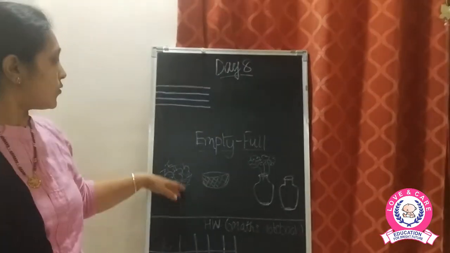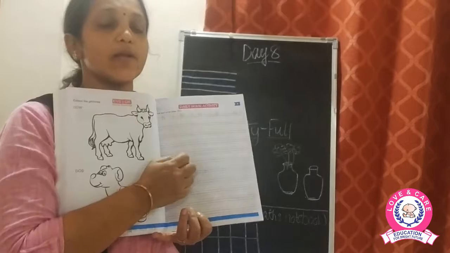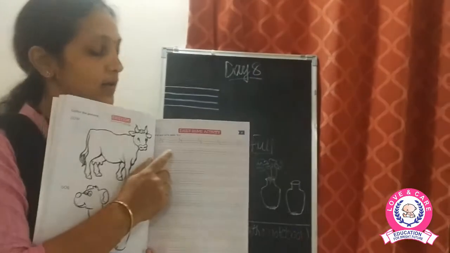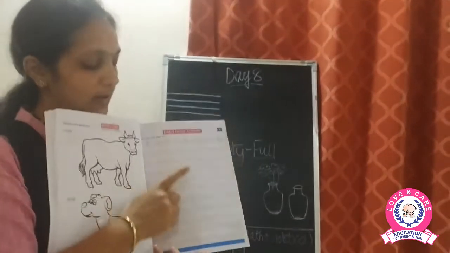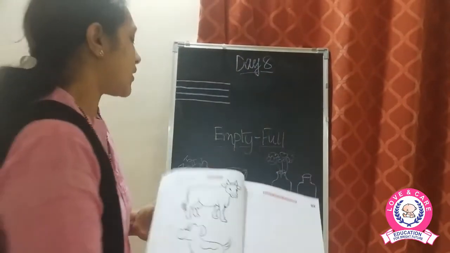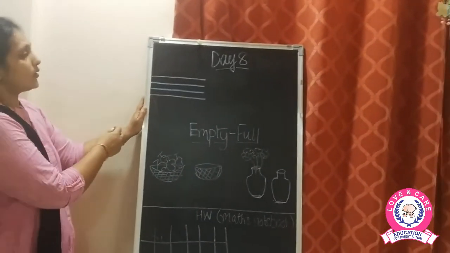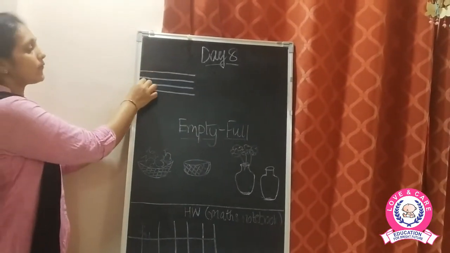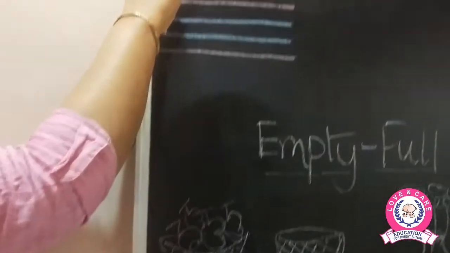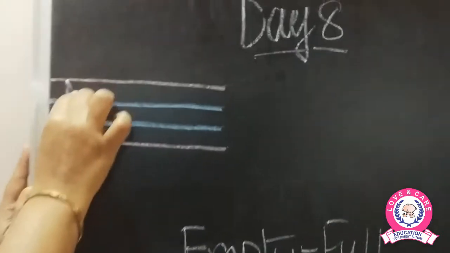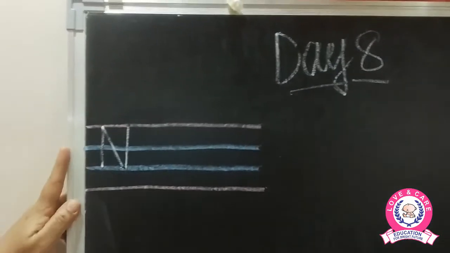Okay. Now when we come in the book on day 8, we are again having a practice worksheet page of writing the letter N. यहाँ पे एक और worksheet page है writing letter N. So this is the capital N and this is the small n. So one more time we are going to learn the formation of letter N. N formation is you have to start from the second blue line. You have to go up making a standing line. Then from here you have to make a slant line till the blue line and again you have to make a standing line. So this is the formation of letter N.